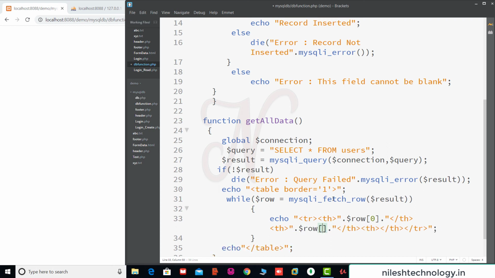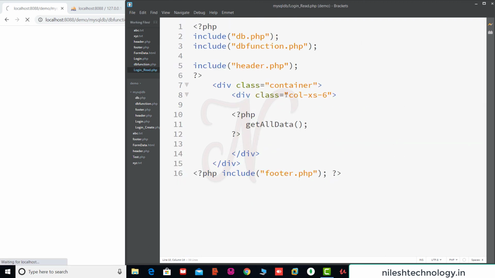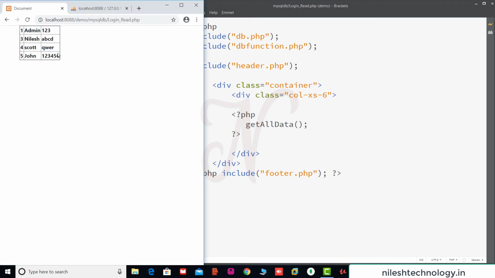This is the first index column, and here the double quote, this is the second index column. Save these changes. Again going to the login read file. See here, these are the records printed in tabular format.